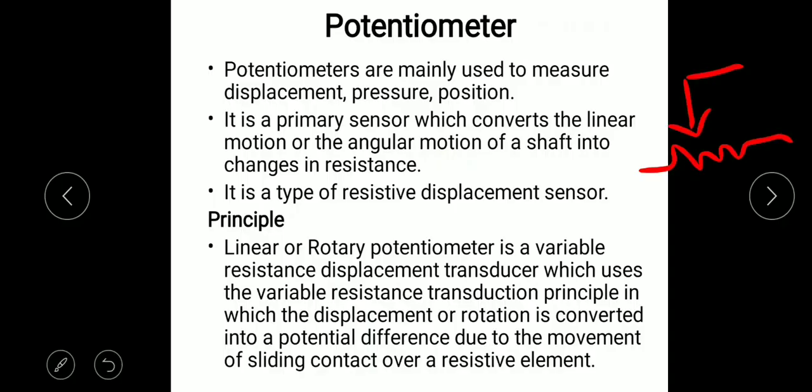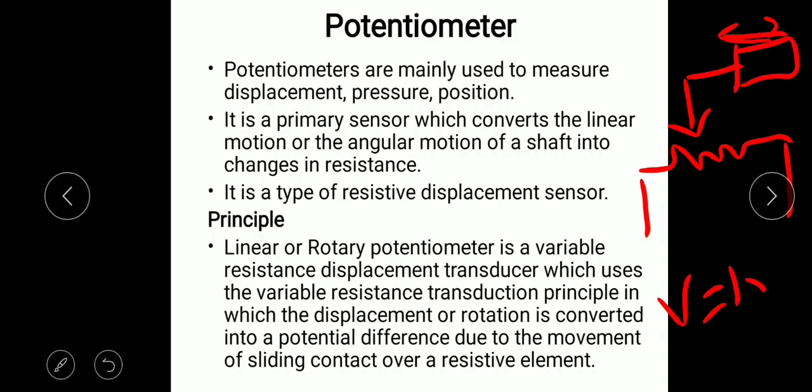consisting of a variable link. When we are applying a motion at the variable link, the resistance of the potentiometer will vary, and we have an equation for potentiometer as V equals I into R into L, where V is the voltage or EMF produced due to current I, where R is the resistance of unit length of potentiometer wire and length L is the varying length of the potentiometer. These are the parameters that affect the induced EMF.